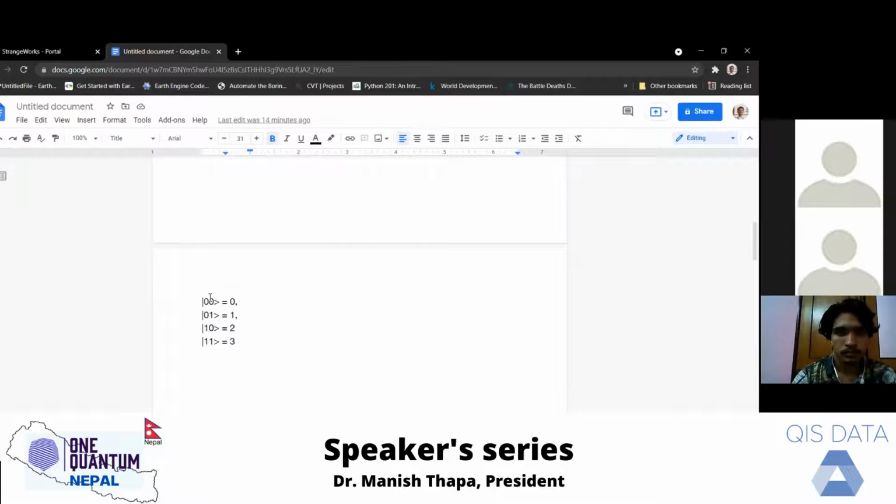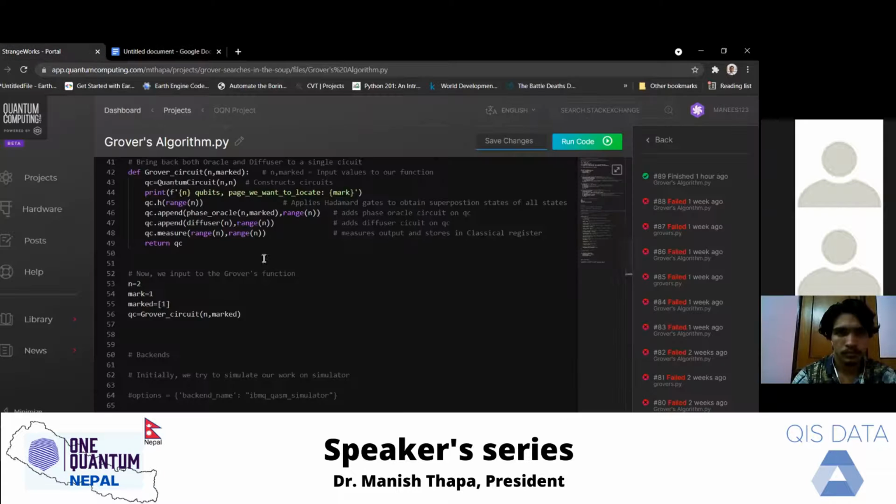And we label each state with a certain page number, such that page 0 corresponds to the 00 state, and similarly for the other states as we can see here.